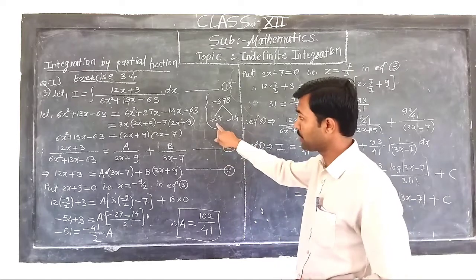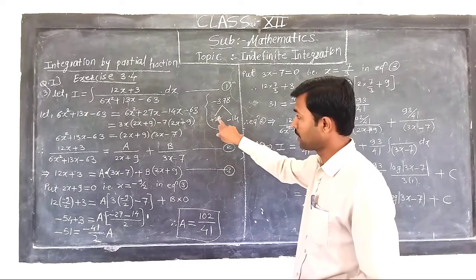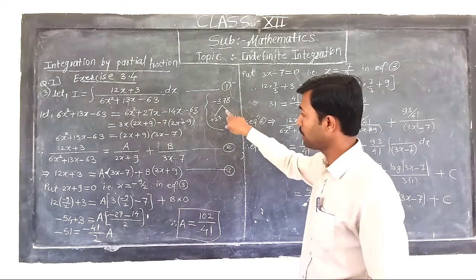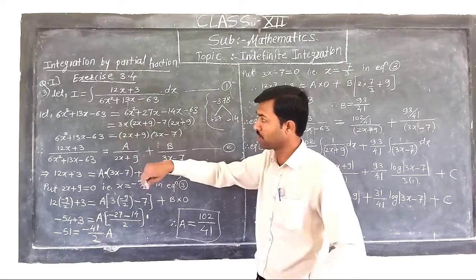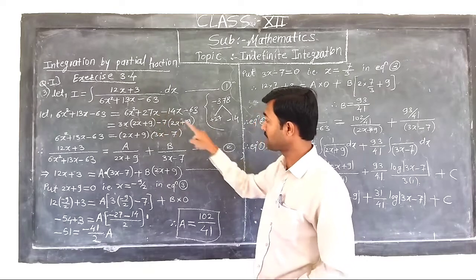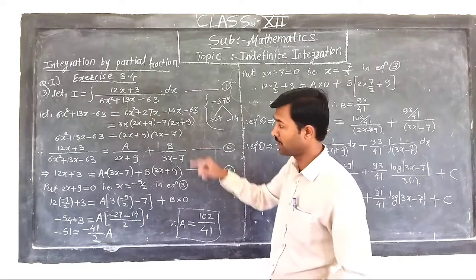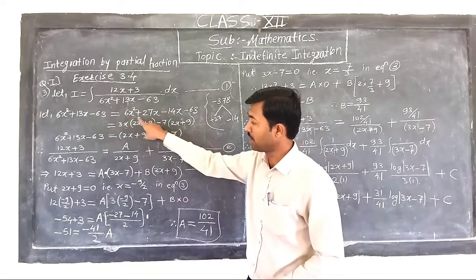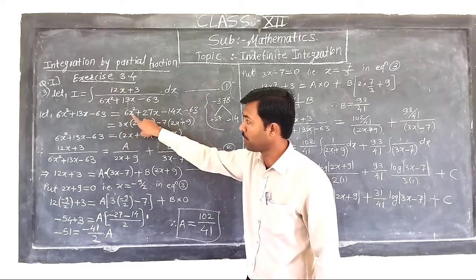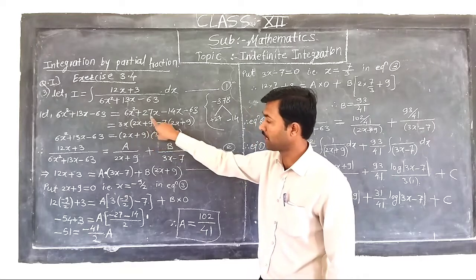If you multiply plus 27 by minus 14, we get plus into minus is minus, and 27 into 14 is equal to 378. So after replacing these factors in this equation, we get 6x square plus the first factor 27x minus the second factor 14x, and the last term is minus 63. Then from these two terms we take 3x as common, so the remaining terms are 2x plus 3 9s are 27, which is 9, and x is common.